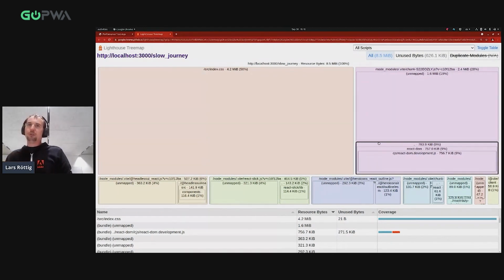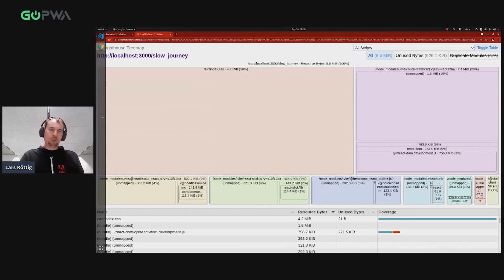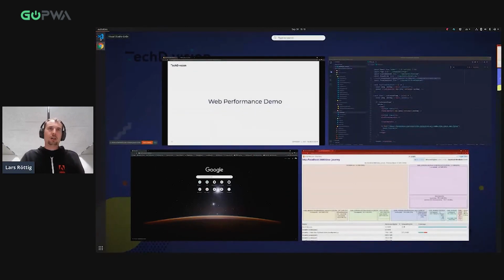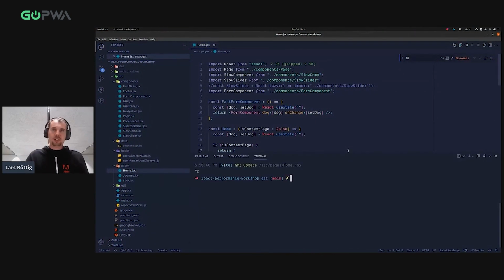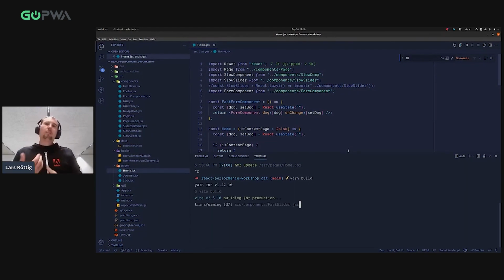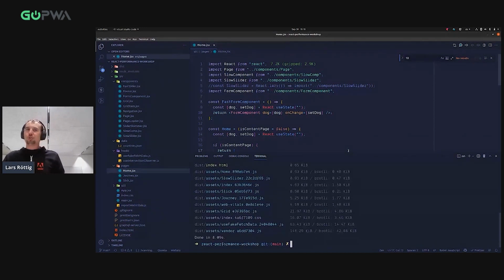Another thing is that currently I run my application in watch mode. So this means if I go back to my application and say I don't want the development mode, I want to run build, it builds the application for a production system. This is also something you should keep in mind if you analyze your application in developer mode.